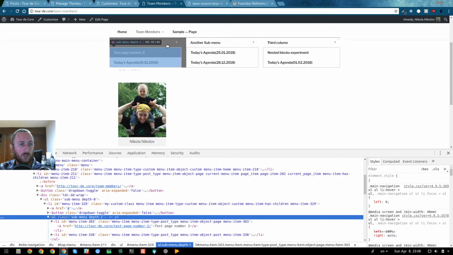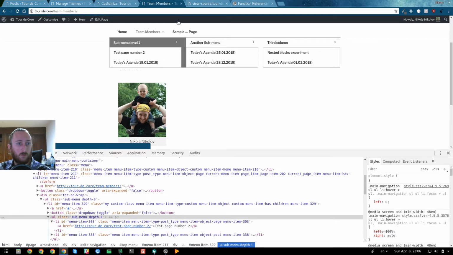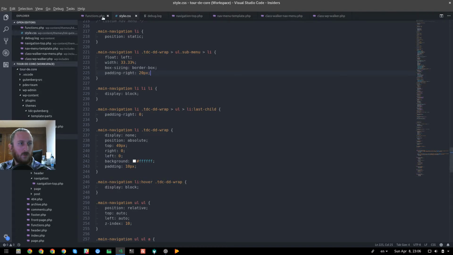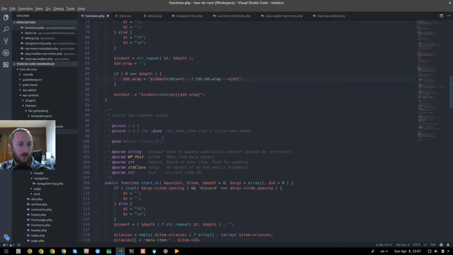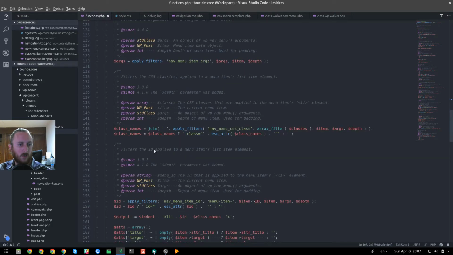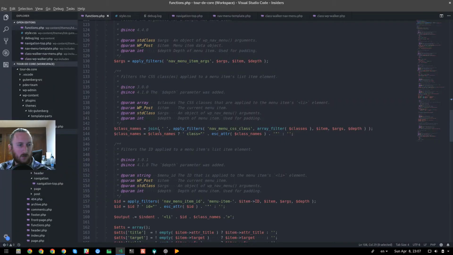Obviously, there's some styling issues, like this hover shouldn't be like that. But the cool thing that you can do is that you can make these completely not show up on the front end. You can go into the start element function, right? And then let's take a look at what level this is at each, right? So